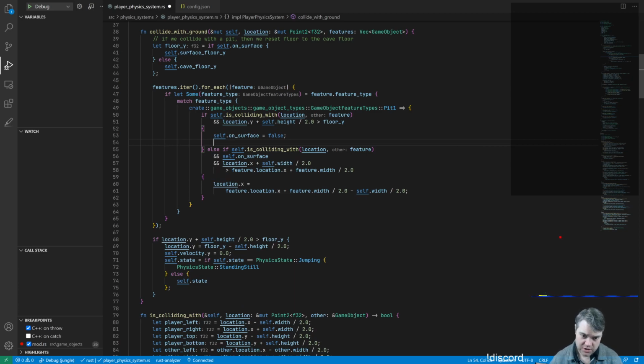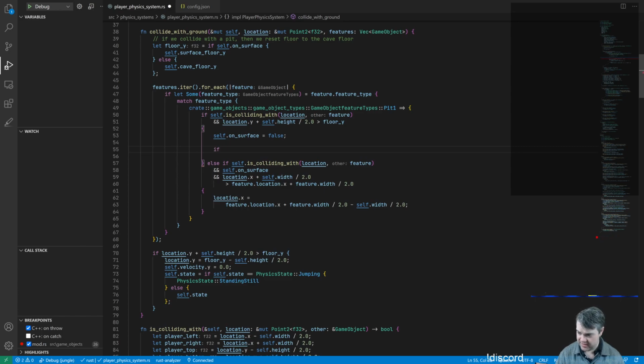And then we also don't need to check for that. We then need to check to see if we are colliding with the right hand side of us. So that's going to be our location.x plus alpha width divided by 2, so that's the right hand side of us. If that's greater than the right hand side of the feature,